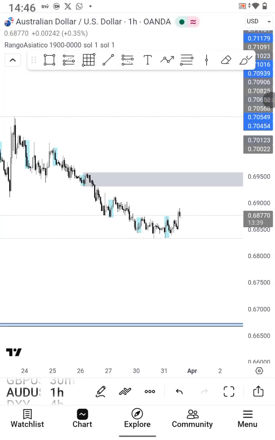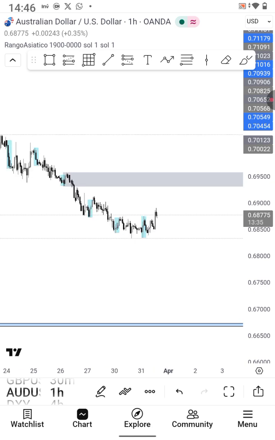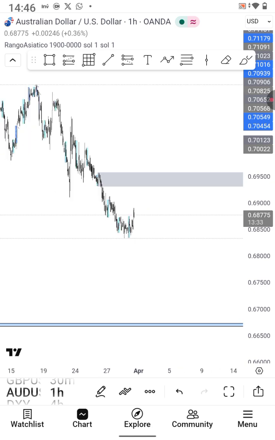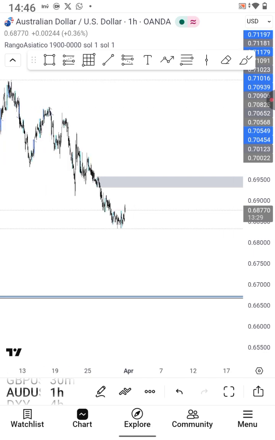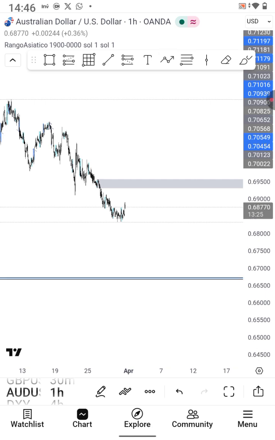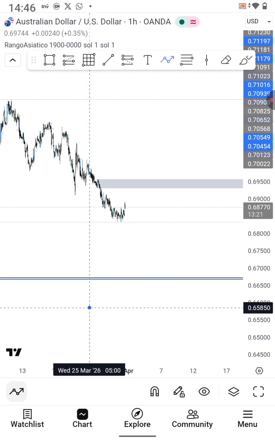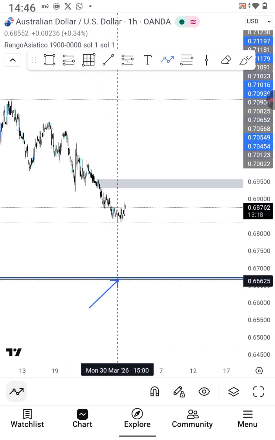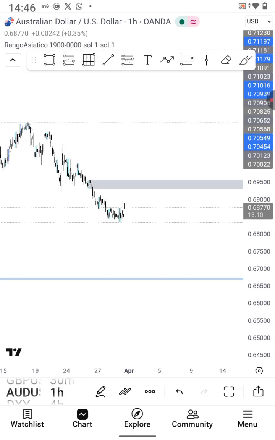So briefly, as we started the week yesterday, my directional bias for AUD was a sell, and I wanted to sell to this point. This has been my sell target. Okay. So when I opened today, I still had the intention to sell, but at specific